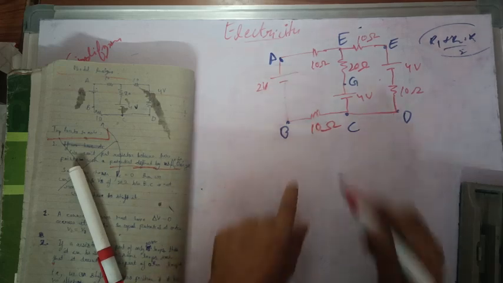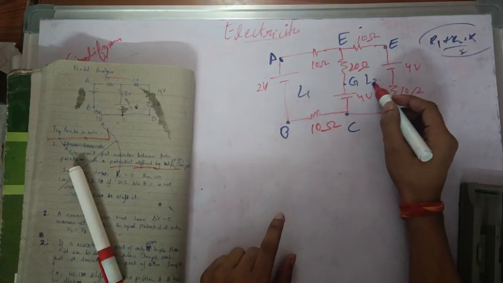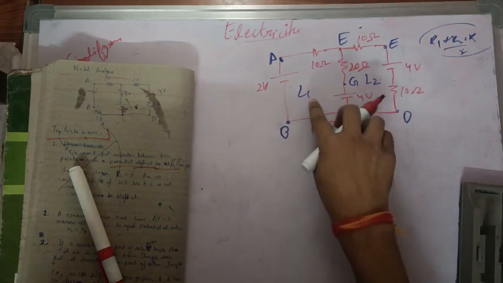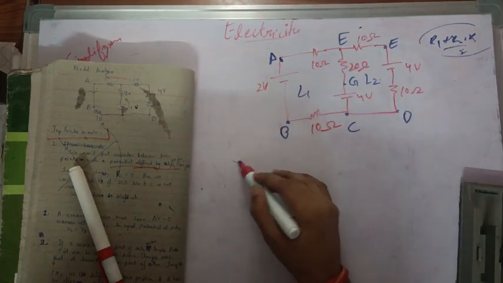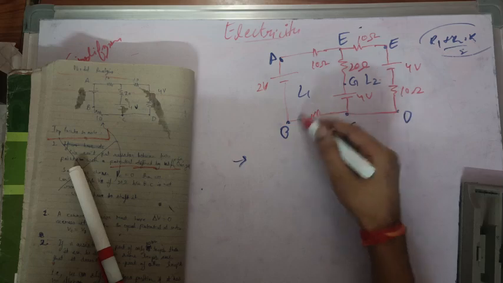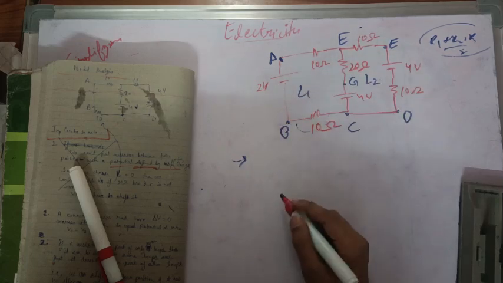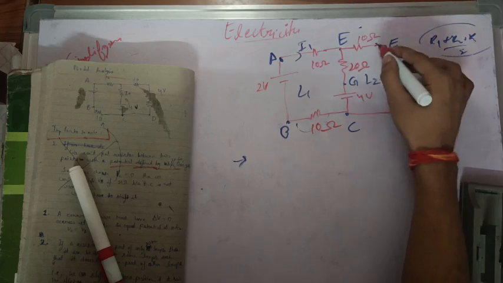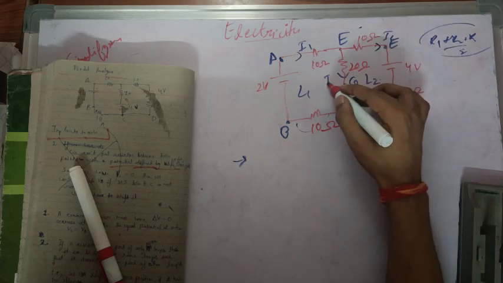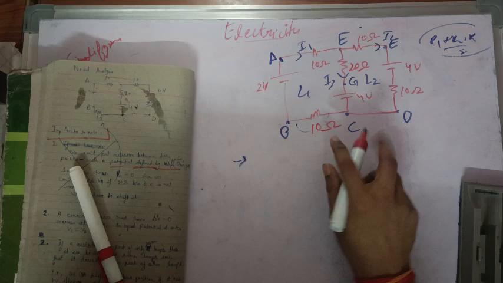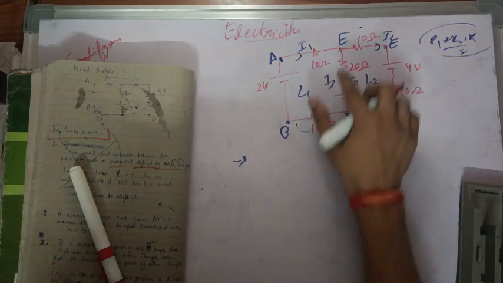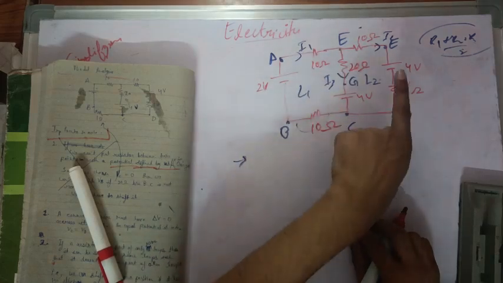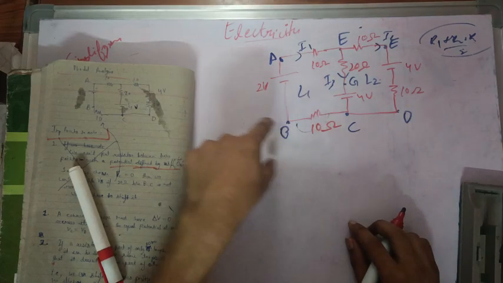Now there are two loops, this is loop 1 and this is loop 2. So what we have to do is first simplify this circuit. Simplifying in such a way, I have to shift the resistors to make this look simple. Let's say there is I1 current going this way, I2 here and I3 here. So to simplify the circuit, I can shift this resistor, let's say here. This resistor is part of this loop and not this loop,